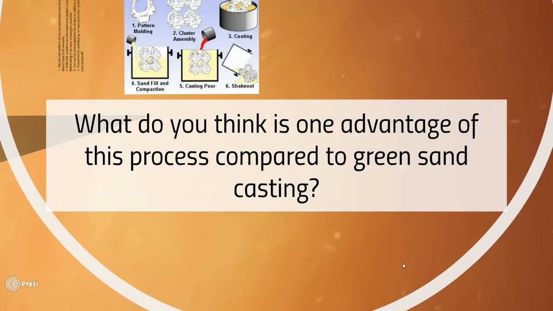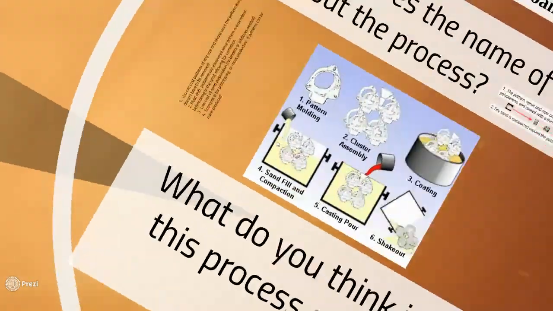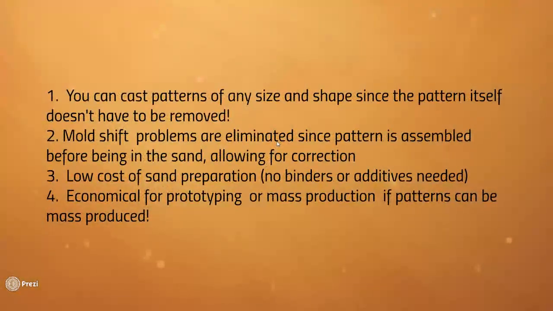So what do you think is one advantage this process has compared to green sand casting? And when you think about that, keep in mind that in this case, you don't have to remove the pattern because the pattern disappears, volatilizes. And so what does that mean? Well, first of all, you can cast patterns of any different size and shape, right? Because the pattern doesn't have to be removed, so you don't have to worry about a draft. You don't have to worry about how am I going to get this pattern out of this mold,